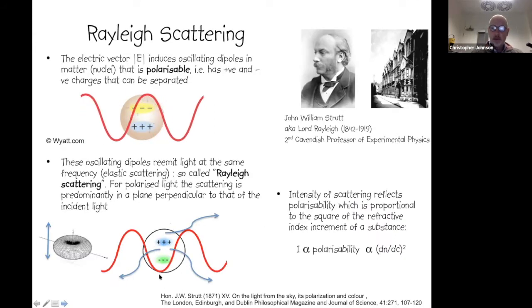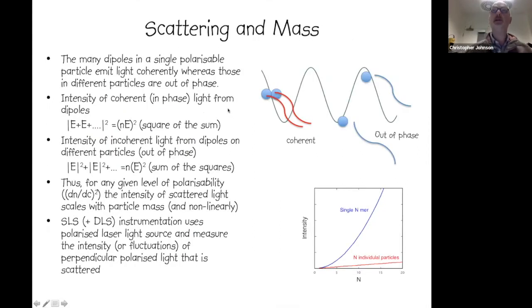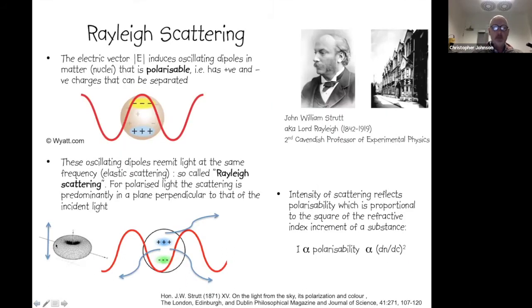After James Clerk Maxwell, the second Cavendish professor of experimental physics was John William Strutt, who was also a lord, known as Lord Rayleigh. Rayleigh investigated and proposed how electromagnetic radiation generated scattered light from particles. He proposed that the electric vector in electromagnetic radiation induces oscillating dipoles in any matter where there are charges that can be separated, and this is known as polarizable components. These oscillating dipoles, induced by the electromagnetic radiation, re-emit light at the same frequency,